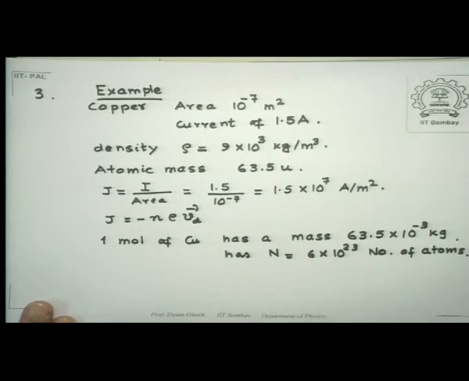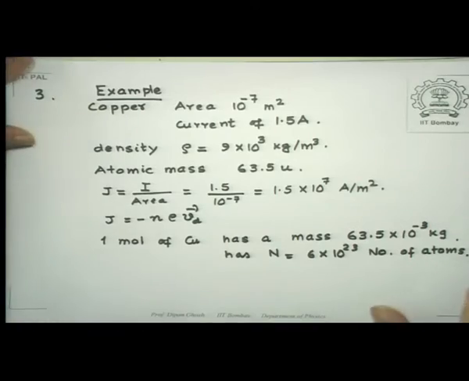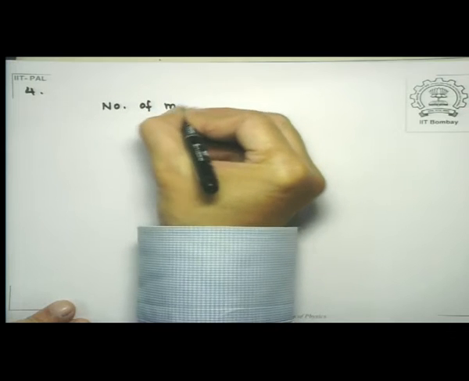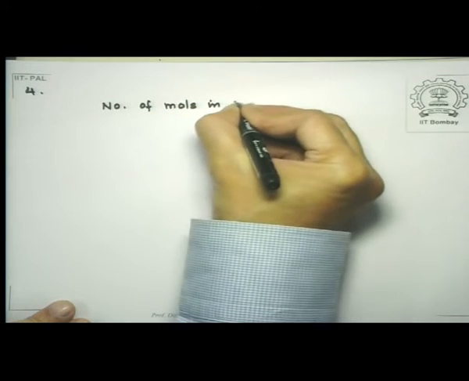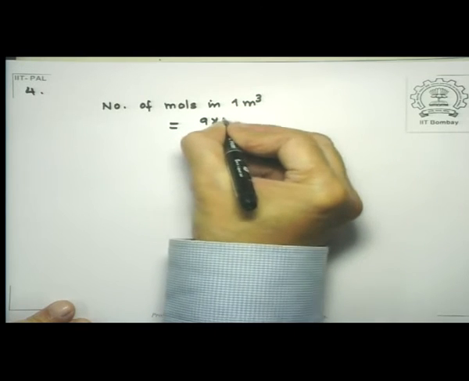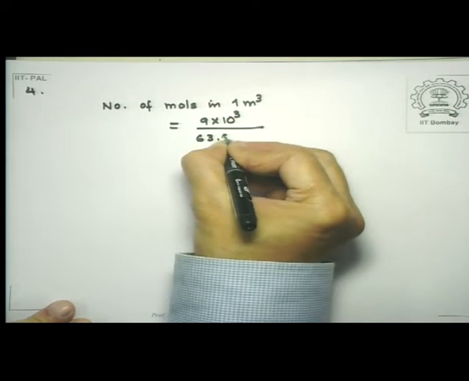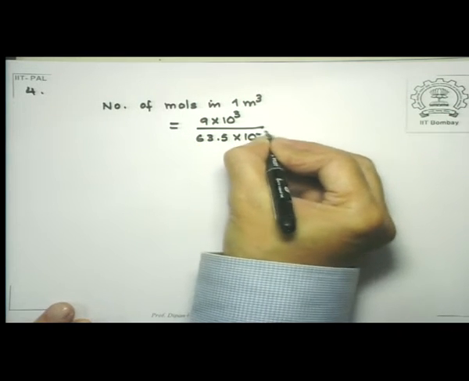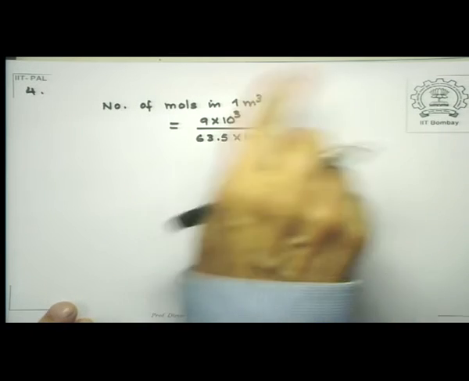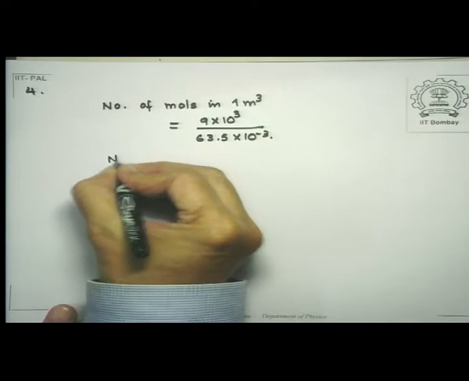With this data, I can immediately find out how many moles are there in 1 meter cube. So the number of moles in 1 meter cube is 9 into 10 to the power 3 kg divided by 63.5 into 10 to the power minus 3. Well, I will calculate everything towards the end. So therefore, the number of atoms there,